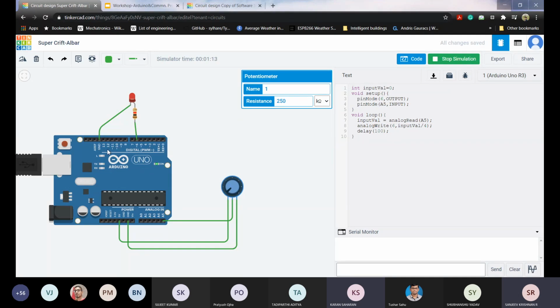Now when I pass these values 0 to 255, sometimes the LED gets on at 200 itself or 150 itself. The LED comes to its full potential at 150 itself.